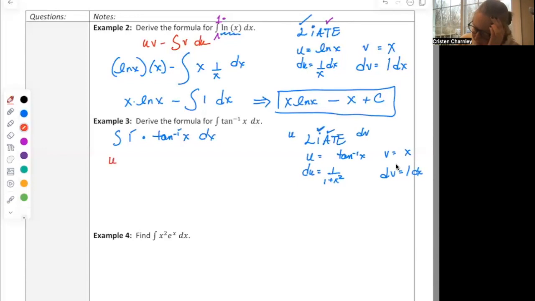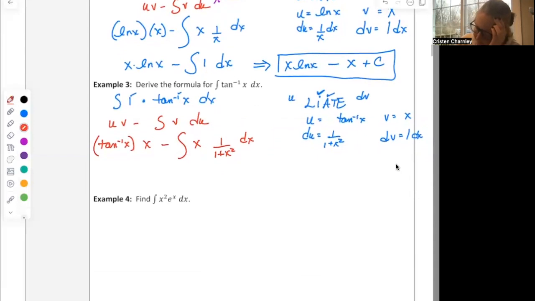So my formula is uv minus the integral of v du. In place of u goes inverse tangent of x. In place of v goes x, minus the integral of v, which is x, and du is 1 over 1 plus x squared dx. All right, so if I clean this up a little bit, x inverse tangent of x minus the integral of x over 1 plus x squared dx. Now you're looking at this second part, the integral, and you're like, oh man,